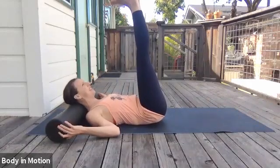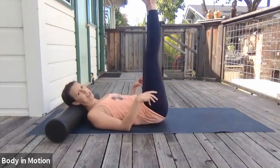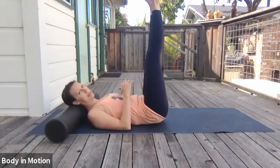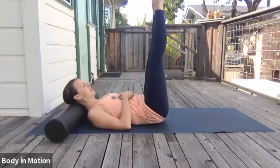Flex the feet, hands by your side, and we're going to bring the feet out with a little bit of external rotation. So heels are still touching, and just Pilates V position, super flexed feet. And I want to just do a little point and flex, nothing else, just point and flex from this position. And then we're going to add a little